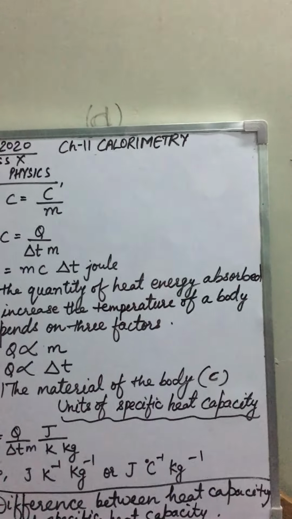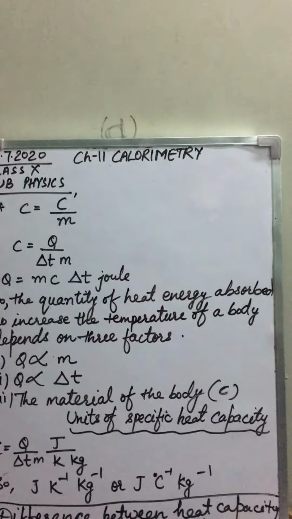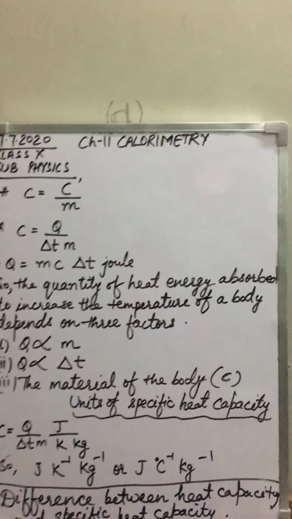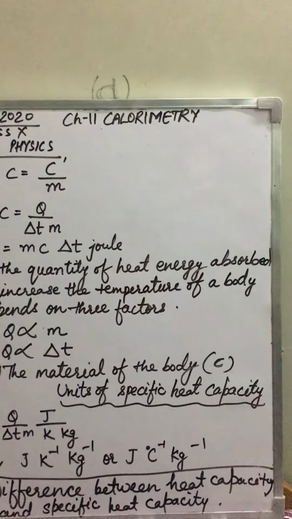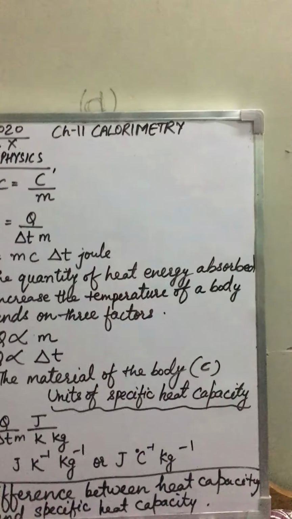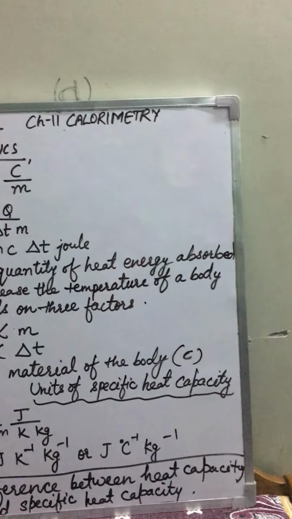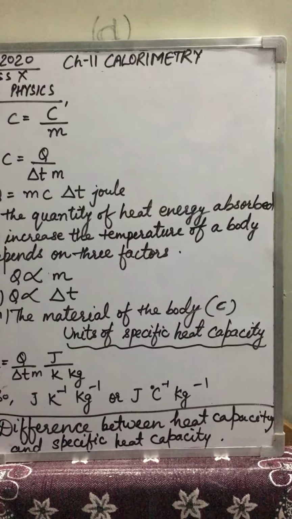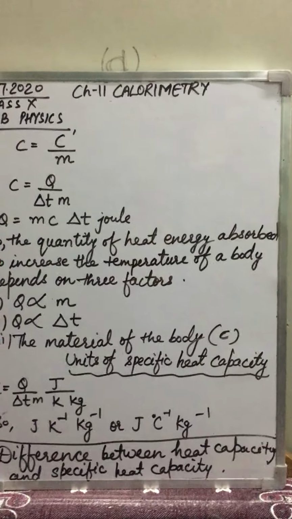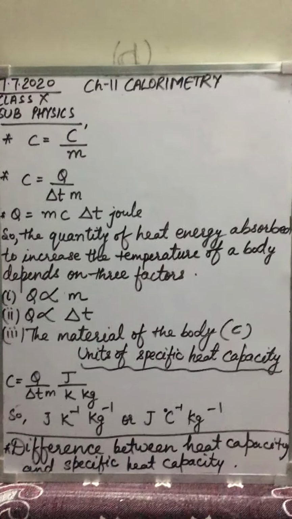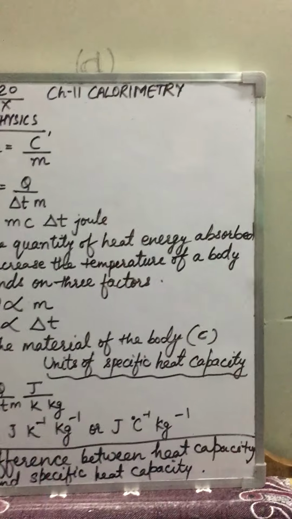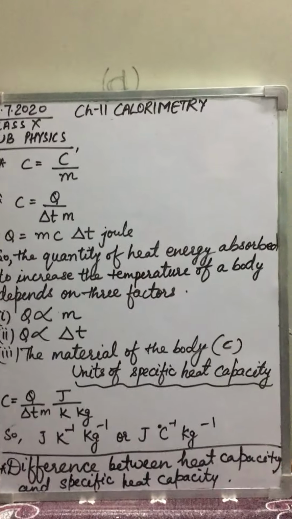The substance with low specific heat capacity is a good conductor. I just explained to you that substances which have low specific heat capacities are good conductors of heat. The substances with low specific heat capacity show a rapid and high rise in temperature. Thus, it is a better conductor of heat. Whereas the substance with high specific heat capacity. What do you mean by high specific heat capacity, children? High specific heat capacity means it is taking more heat energy to increase its temperature, per unit mass. If it is taking more heat energy to increase its temperature per unit mass, that means it is a bad conductor of heat.